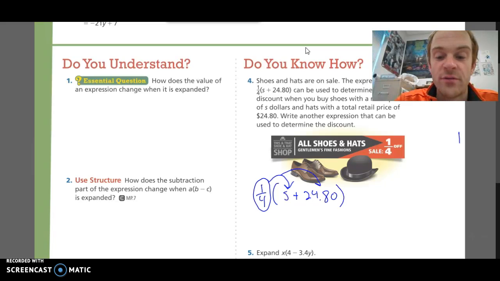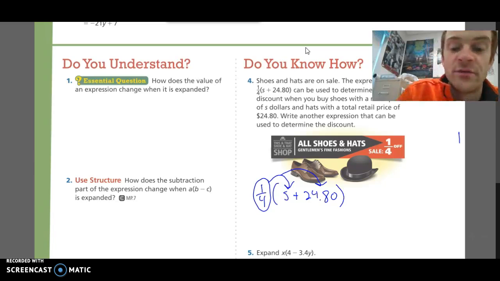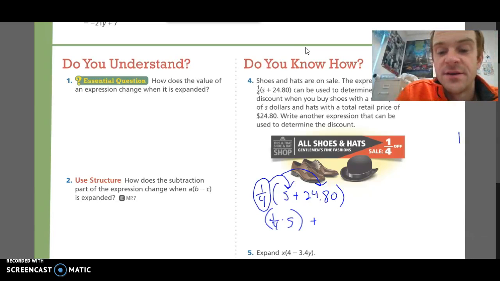So we'll take 1/4 times s, and then we'll take 1/4 times 24.80. So I'm going to write that step out. So 1/4 times s, that's going to get added to the product of 1/4 and